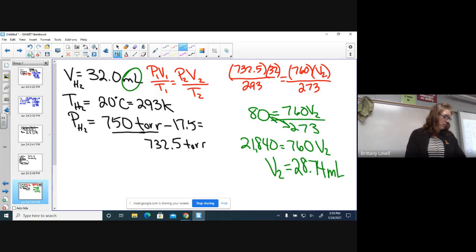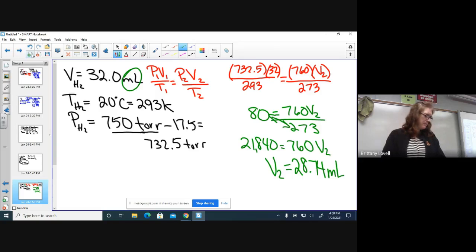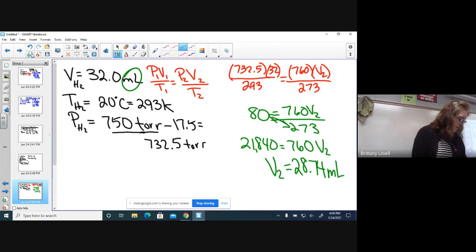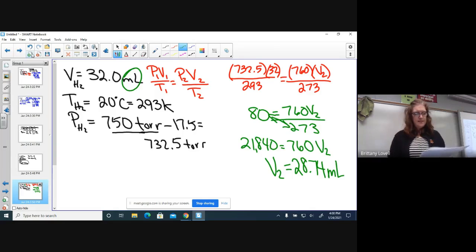When you get to number 4, that's a mole fraction problem. And if you look at all the stuff that you've got, it says that you've got a mixture of 2 moles of hydrogen, 3 moles of NH3, 4 moles of CO2, 5 moles of N2, and exerts a total pressure of 800 torr. What's the partial pressure of each gas? This is where your mole fraction is going to come into play. Okay, so